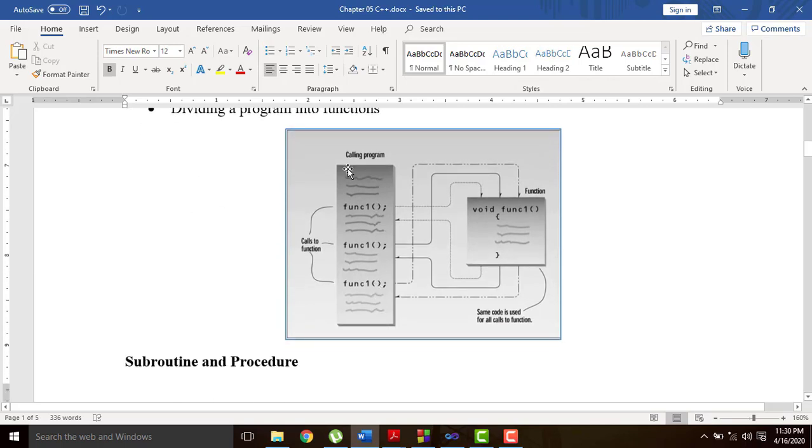Consider this rectangular box as the main program body, which is like integer main and those two curly brackets. Within that program body, there are a bunch of statements. These lines basically indicate the statements. Right? And after every 3-4 lines, there is one function being called. Function 1, again function 1, and function 1. Every function call has two small parentheses and then a semicolon. I will talk about syntax later, but this function is being called 3 times within the main